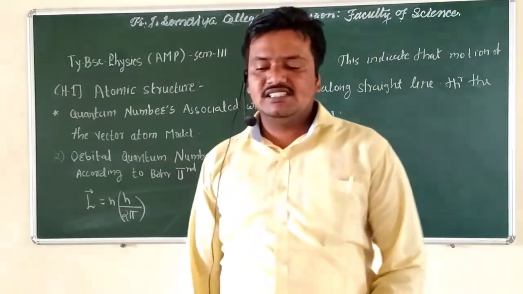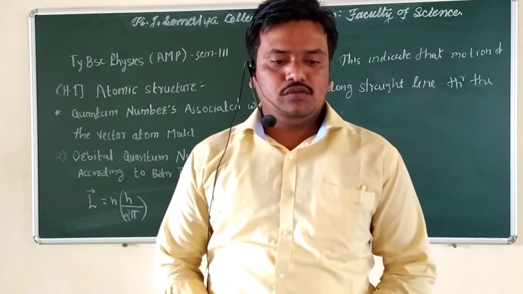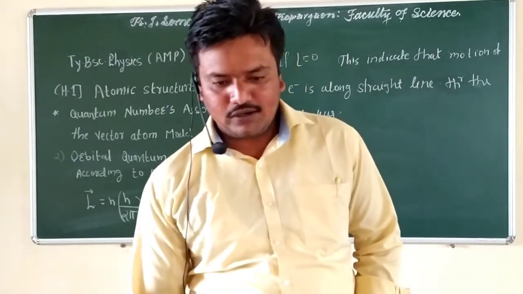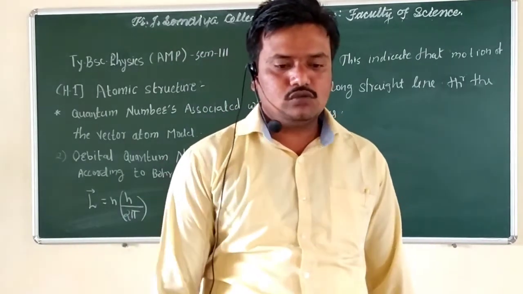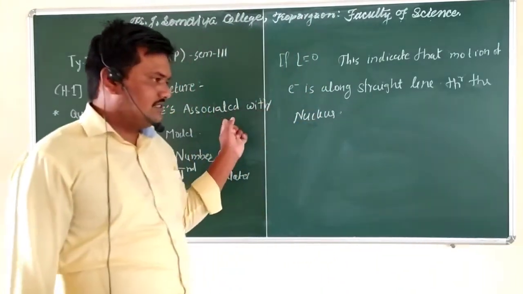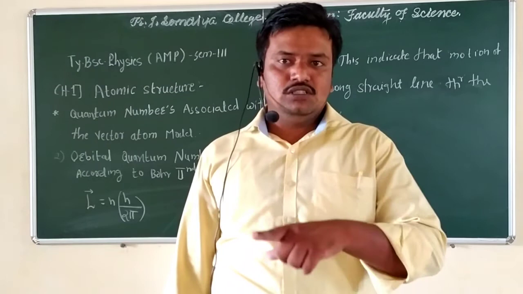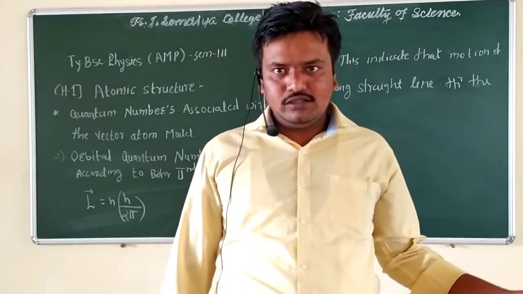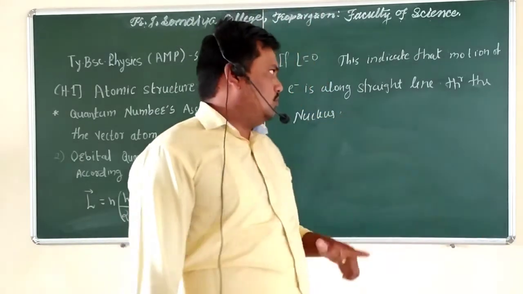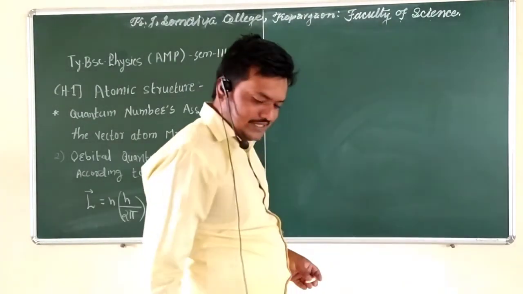But this is not an acceptable solution, so this difficulty is resolved when quantum mechanics is applied to the atomic system. According to quantum mechanics, orbital angular momentum: L bar is equal to m into v cross r bar, and that L bar is perpendicular to the plane of the electron orbit. So this is according to the classical mechanics theory. According to quantum mechanics, L bar is given by,